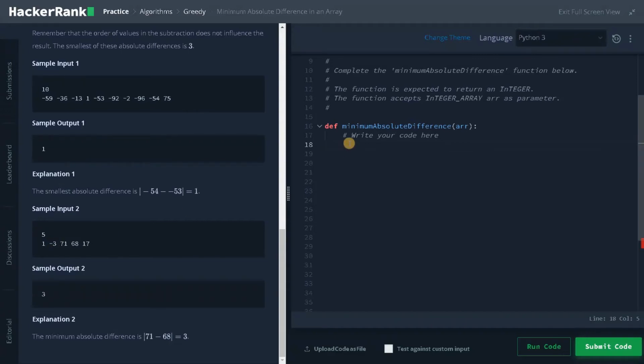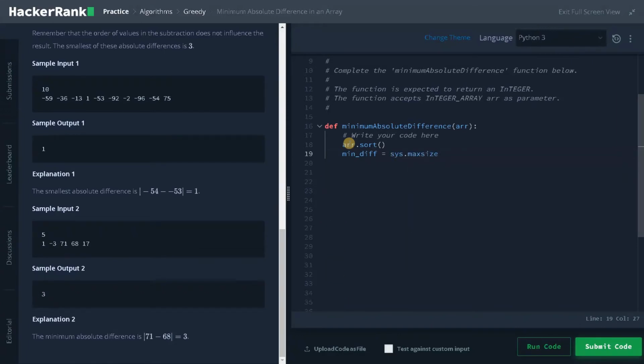First step is to sort the array, so that will be array dot sort, and after that we have to find the minimum value, so initialization should be done. I will say min diff equals sys dot max size.